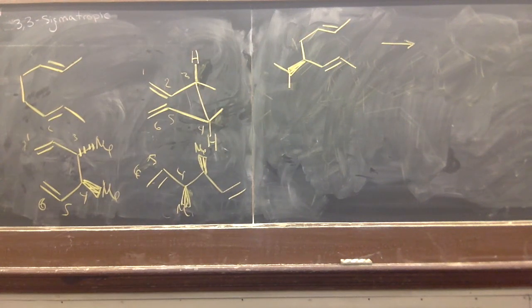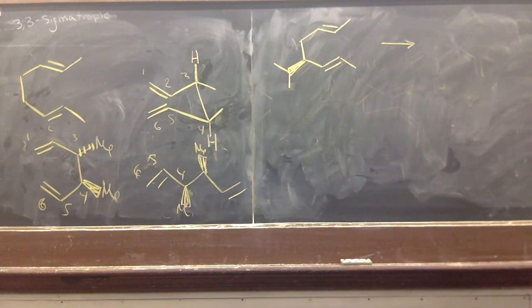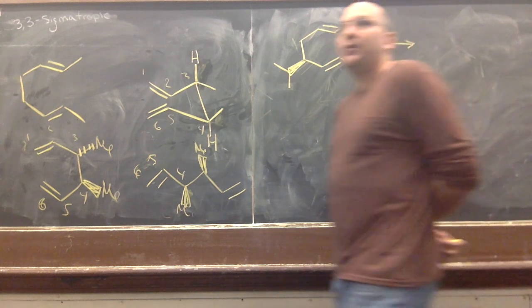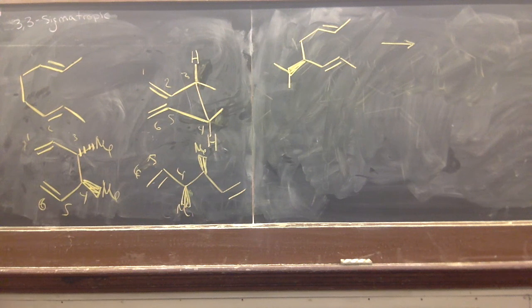And here's the thing. I think it was Saul, did you ask what happens if it's not symmetric? Yeah, so the question is, what happens if it's not symmetric? In this case, and this might make this one a little bit more challenging, it may be the case that the first chair that you draw might not necessarily be the one that's the lowest in energy, right? I've thrown an isopropyl group there, and now, while the alkenes are always going to be pseudoaxial or equatorial,